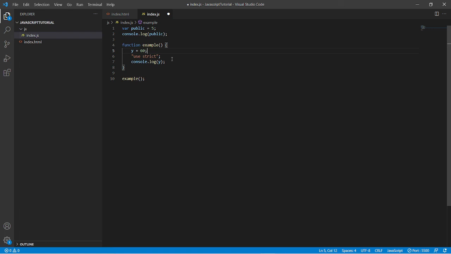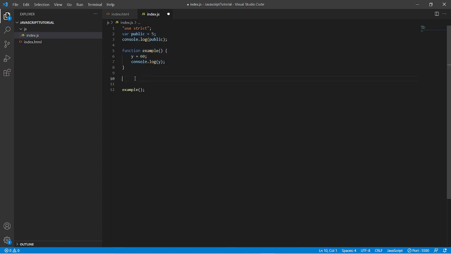The last point that we need to know is that once you enable use strict, you cannot disable it. So suppose you have use strict at the top of the file and you want to disable it after a few lines of code, you want to disable the modern way of compiling, you cannot do that.